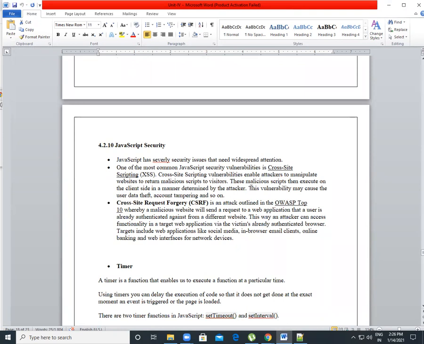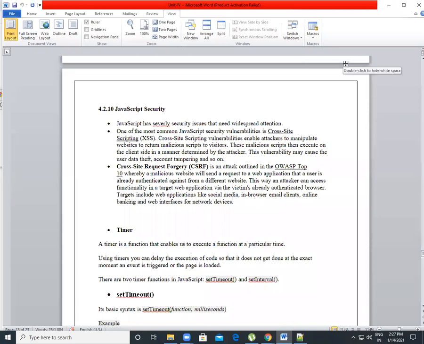In JavaScript, there are several issues that needed widespread attention. There are two types of most commonly used JavaScript security vulnerabilities. Since its release, several JavaScript security issues have gained worldwide attention.